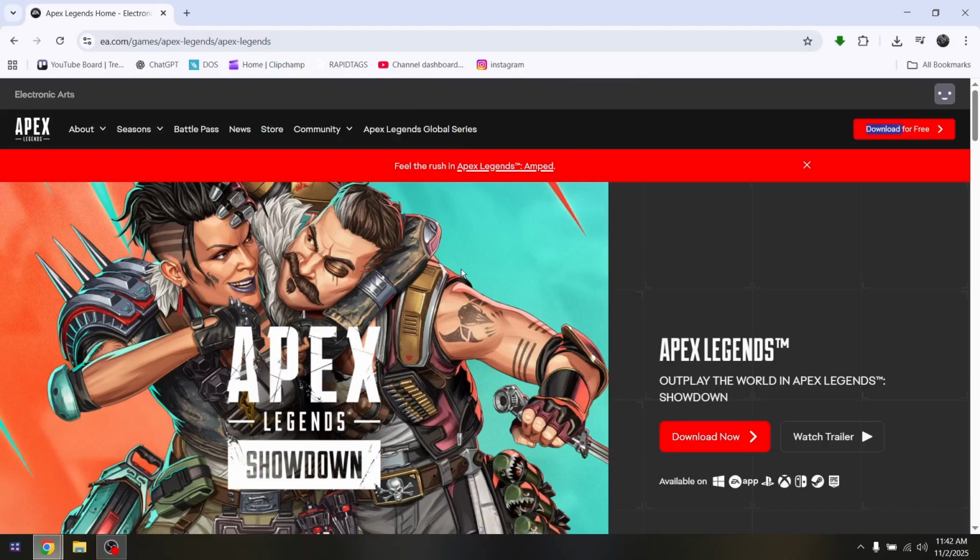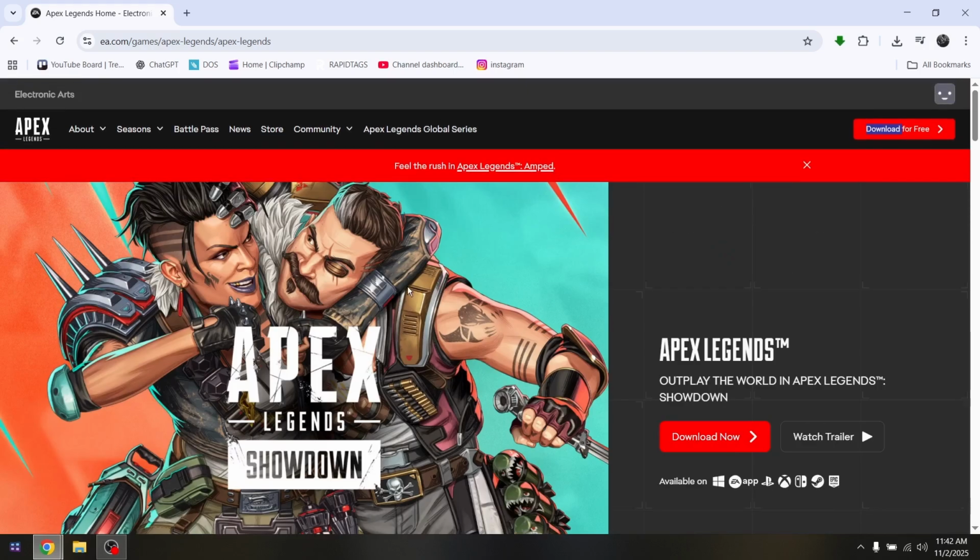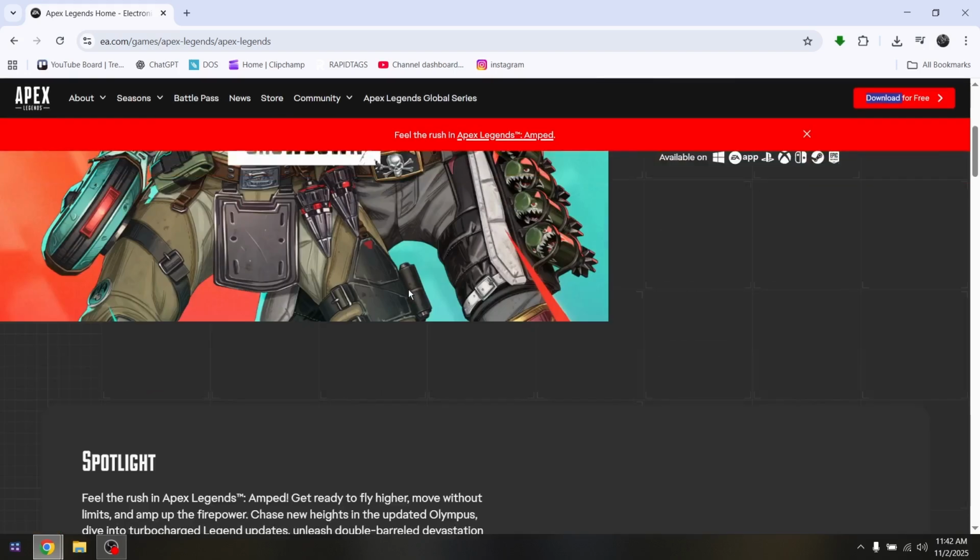How to fix Easy Anti-Cheat not installed in Apex Legends. Normally, if you download Apex Legends, Easy Anti-Cheat will be included in the installation, or the whole package will be installed directly from the game. But if it is showing on your end that it is not properly installed, all you have to do is